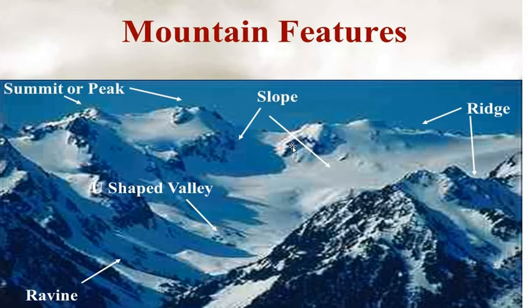The mountain slope sometimes it's very gentle and sometimes it's very steep. Okay. Then the valley, the depression between two mountain area. Okay, that depression is known as valley, and it's also of different kinds. Sometimes it's U-shaped valley, sometimes it's V-shaped valley. These three are important: the summit, then the slope, and the valley. So these three are the important feature of any mountain.